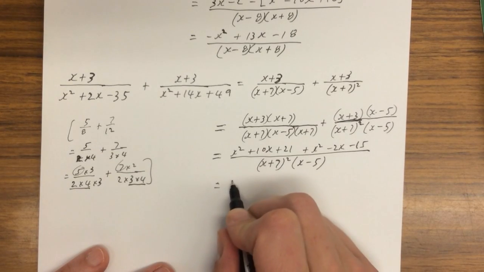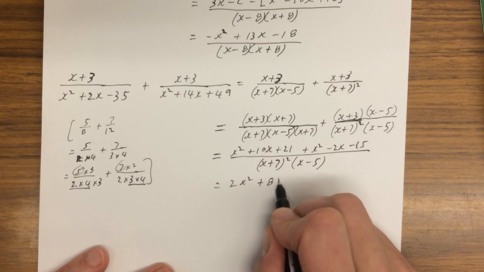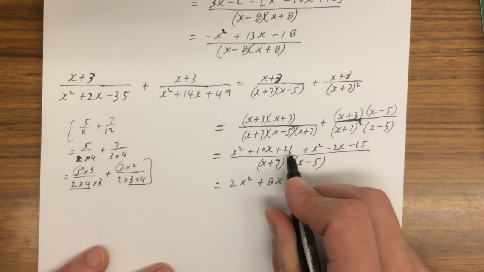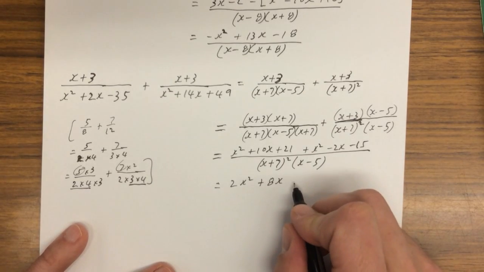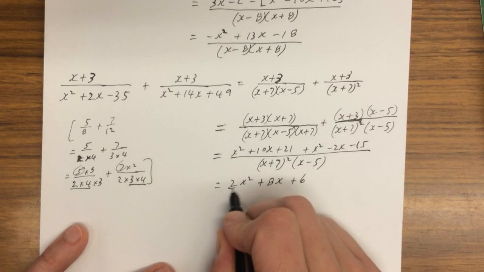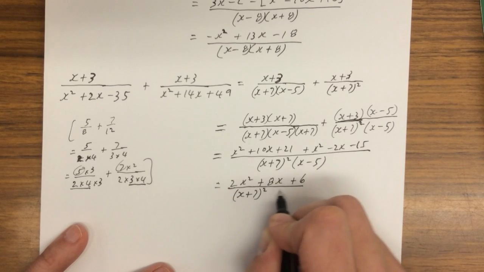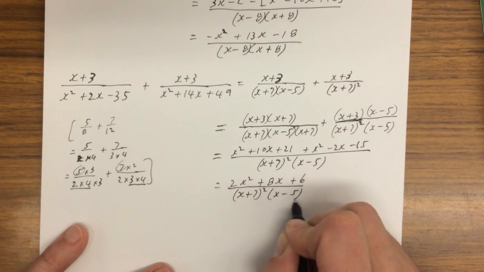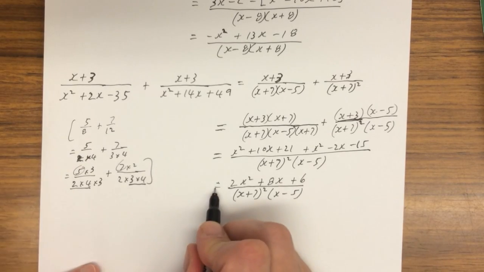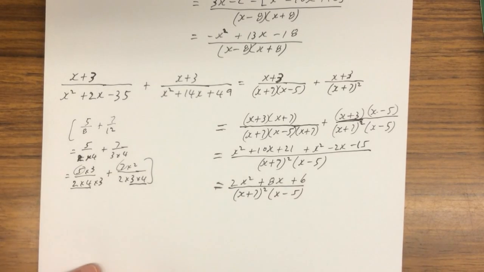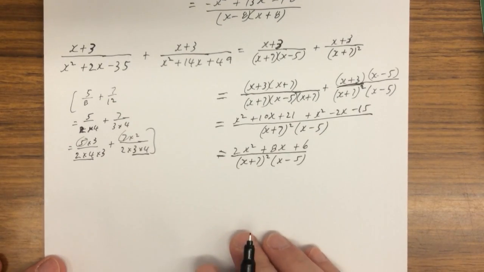We've got 2x squared plus 8x, 10 minus 2, 21 minus 15, well, that's going to be plus 6, all over x plus 7 squared times x minus 5. And if that could factor and you cancel more out, then you could keep going. Okay, that's that one. And one more example